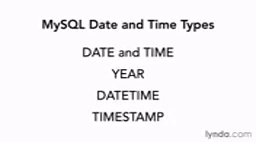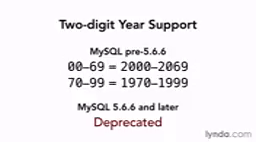MySQL supports a complete set of date and time types. These include date, time, a standalone year type, a combined date-time type, and a timestamp type that's automatically updated when a row is created or updated. It's worth noting that two-digit year support is deprecated as of MySQL 5.6.6. It still works according to these rules, but the documentation warns that this functionality will be removed in a